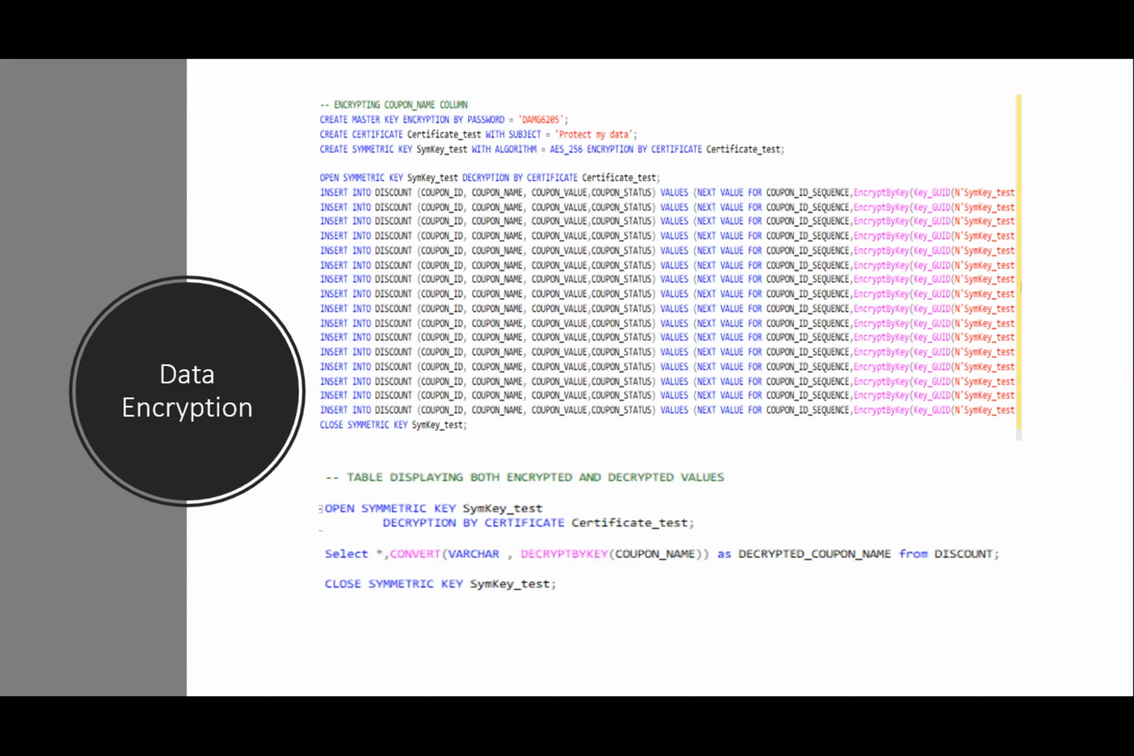And while encrypting, while inserting the data, we are using the encrypt by key function to convert that varchar into varbinary format and store it in the data. And while decrypting, we are again using the decrypt by key function to get the coupon code name and convert it into varchar. And moving on to views, we have created 6 reporting views for